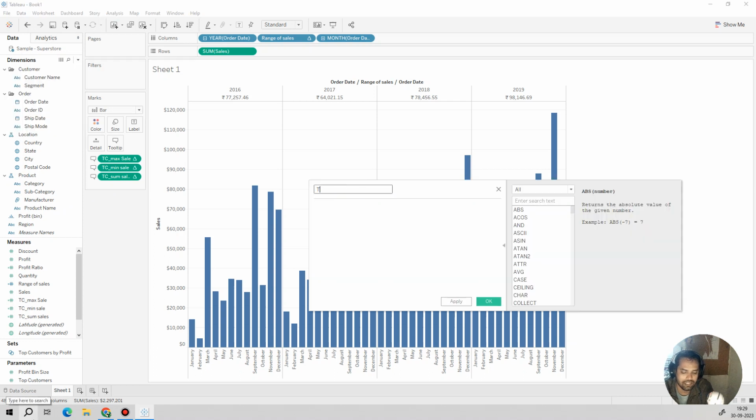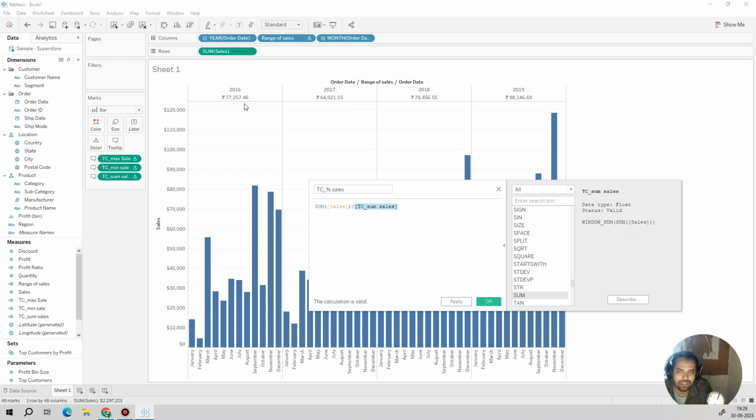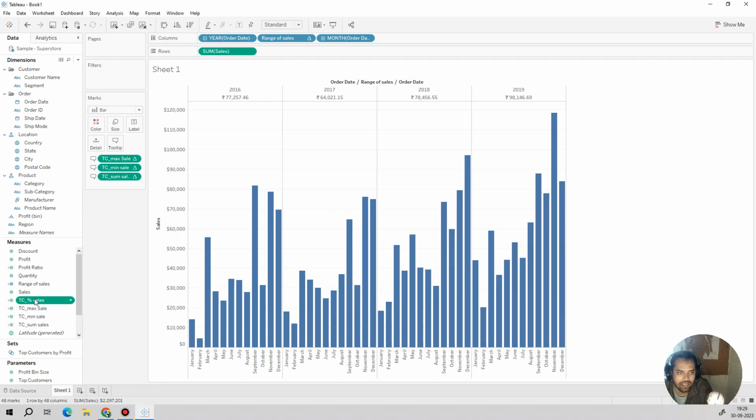Now we will calculate the percentage of cell. TC underscore percent of cells. So this would be like sum of cells divided by TC sum of cell. Basically this sum of cell refers to the entire sum of the cell, and this sum of cell refers to the entire sum of cell for a particular year. So if I hit apply, hit OK, and now if I drag this over here,